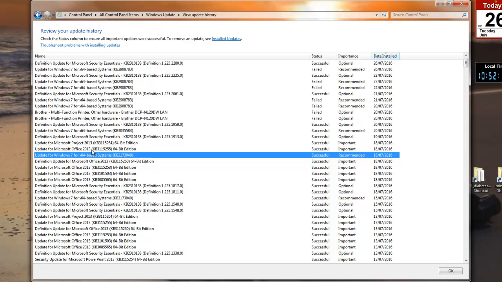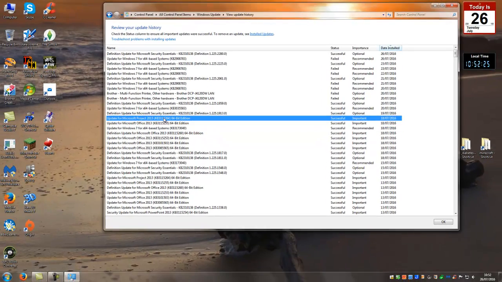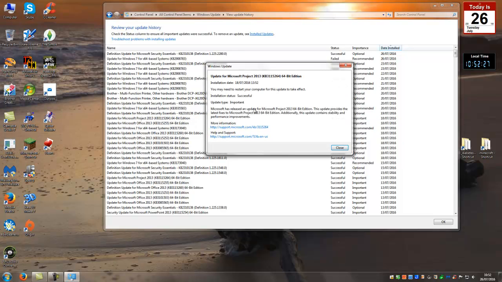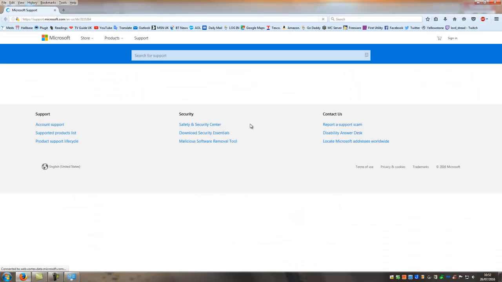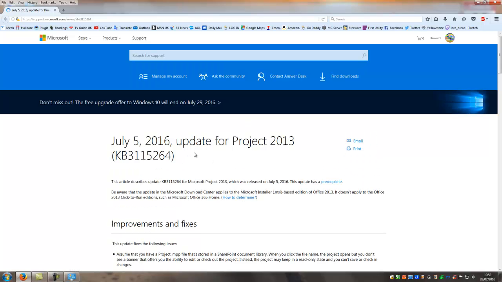So if we go back here, we have the next one, upgrade for Microsoft Office. Well, that's fine. Update for Microsoft Project 2013. Now I don't know what that one is. Let's have a look. Let's view the details. Again, that's right clicking on the number there, and it will say Microsoft releases update for Microsoft Project. So let's have a look in the